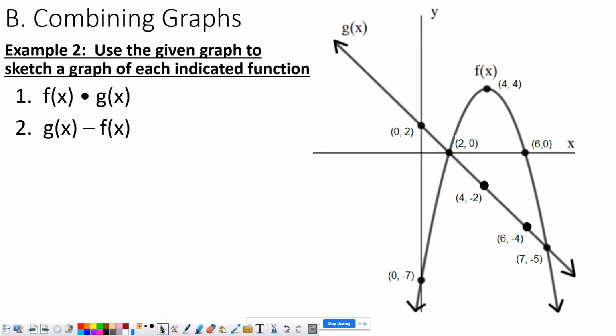All right, now let's do graphs. Now this one's a little bit stickier. This one takes a little bit more time, maybe a little bit more confusing. It's not as obvious, but